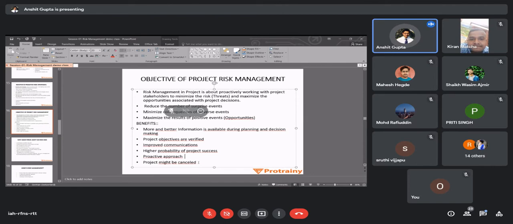A project might get cancelled. Okay, why might a project get cancelled? For example, you are a contractor who has limited resources. You are a small contractor, you can only execute 15 to 20 lakh projects at a time. Now you have two options: you can bid for A project or you can bid for B project. But money you have limited, engineers you have limited, supervisors you have limited, all the resources you have are limited. But you can either bid on A project or on B project.